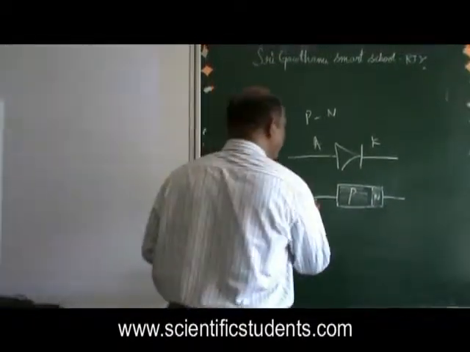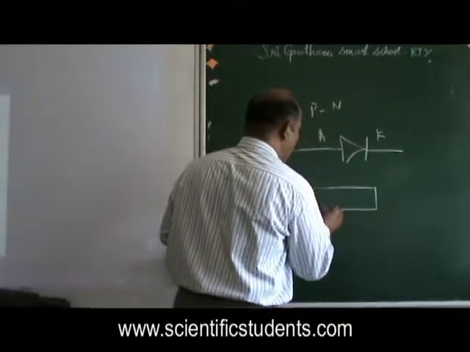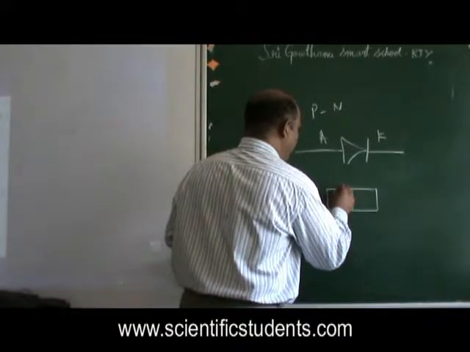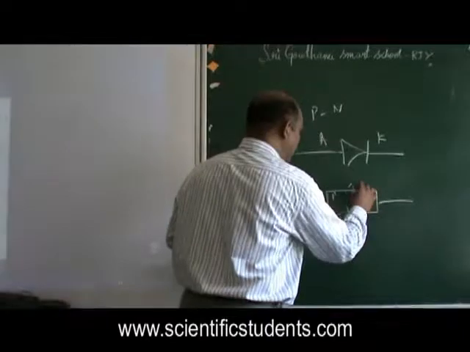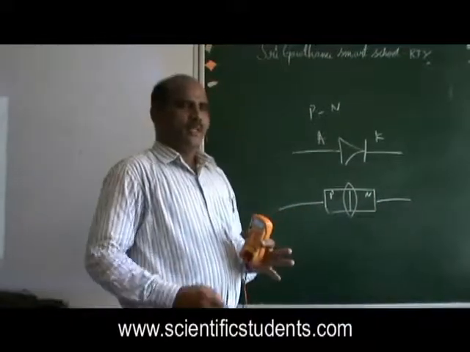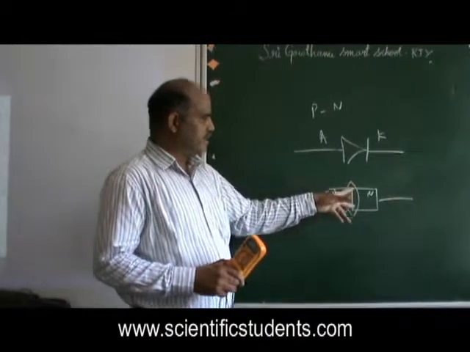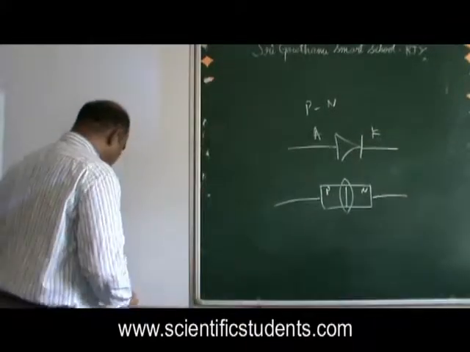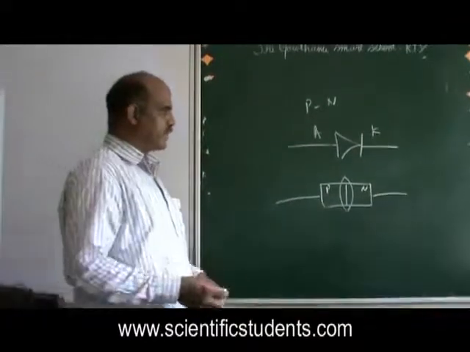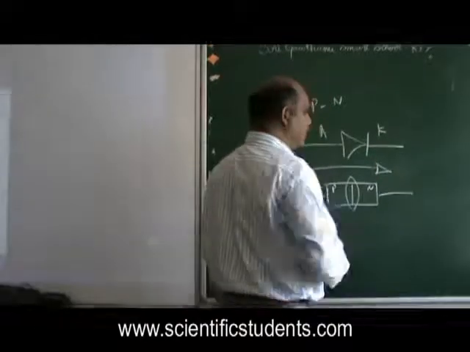However, physically inside they are like this. P material, N material equally doped together. Here is a junction, the internal junction. This junction is called the PN junction. And now, how is this going to work? Because we have discussed in the first class, diodes will help you to flow current only in one direction.